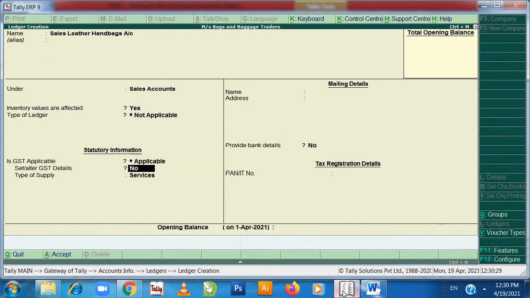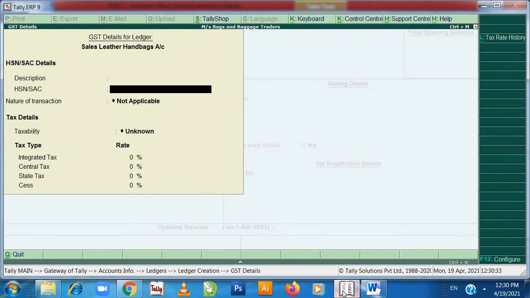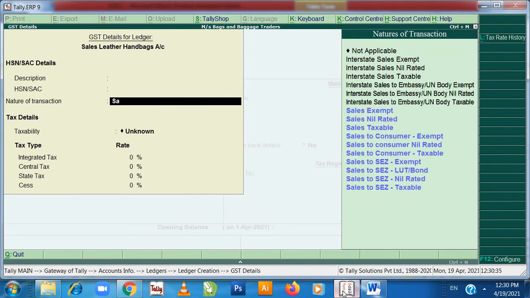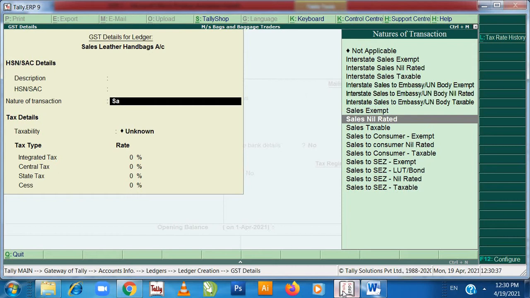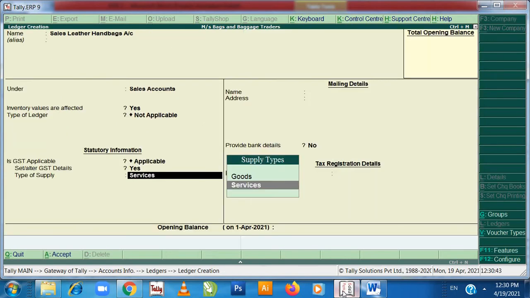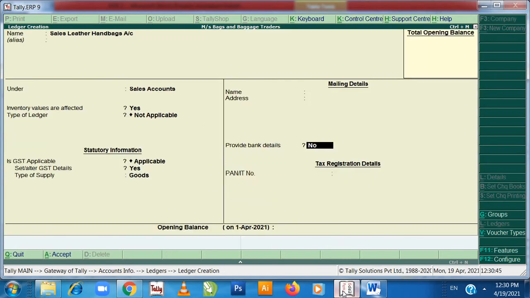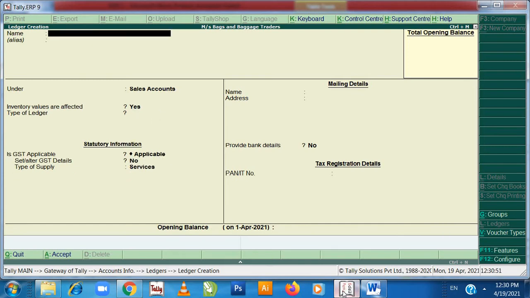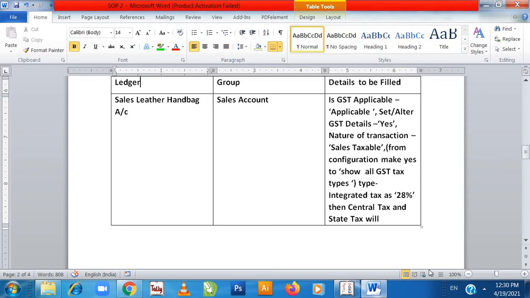Is GST applicable? Yes. Set alter yes. Your nature of transaction is sales taxable, 28%, so automatically central and state will come 14% and 14%. Enter, enter, enter, enter. So we had completed this part.